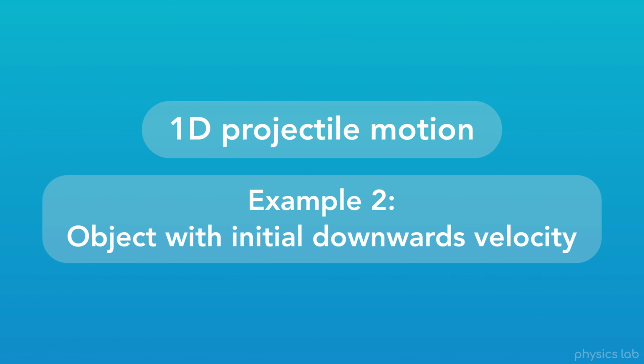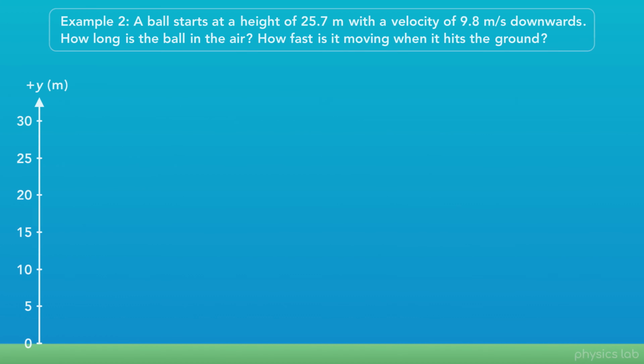The second example is an object with an initial downwards velocity. A ball starts at a height of 25.7 meters with a velocity of 9.8 meters per second downwards. How long is the ball in the air? And how fast is it moving when it hits the ground? So, the ball starts at an initial y position of 25.7 meters with an initial y velocity of negative 9.8